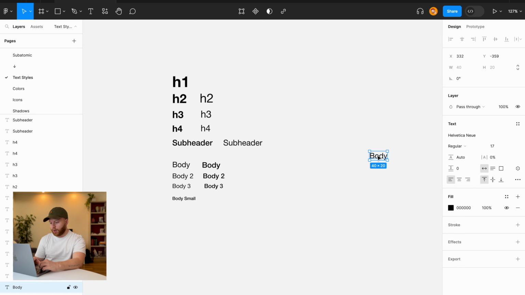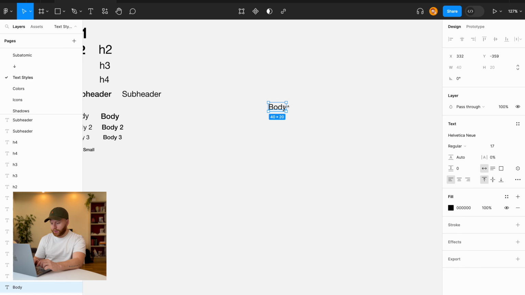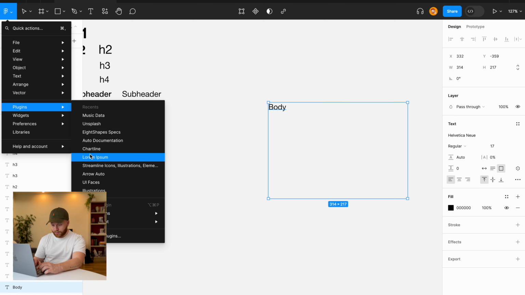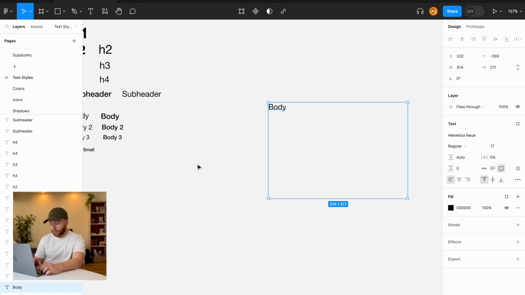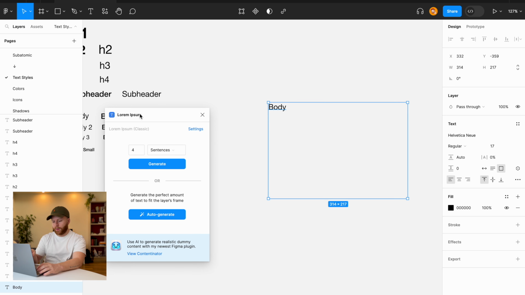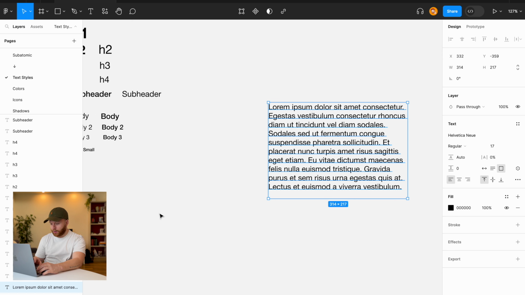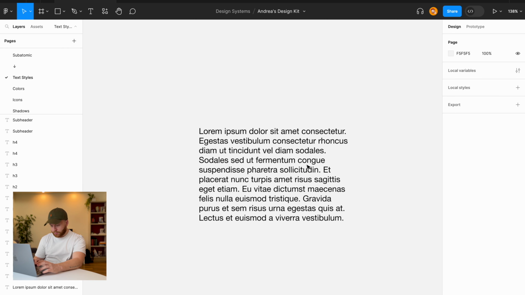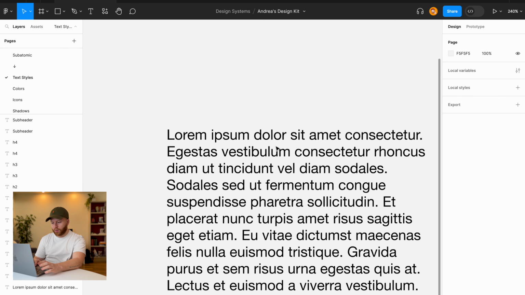So for example, with body, if I take it and make a frame of about 300 pixels by 200, and then fill it with some text, and to do this I use this plugin, which is Lorem Ipsum, which automatically fills this frame. So if I write auto generate, of course, as you can see, this is already pretty good, but